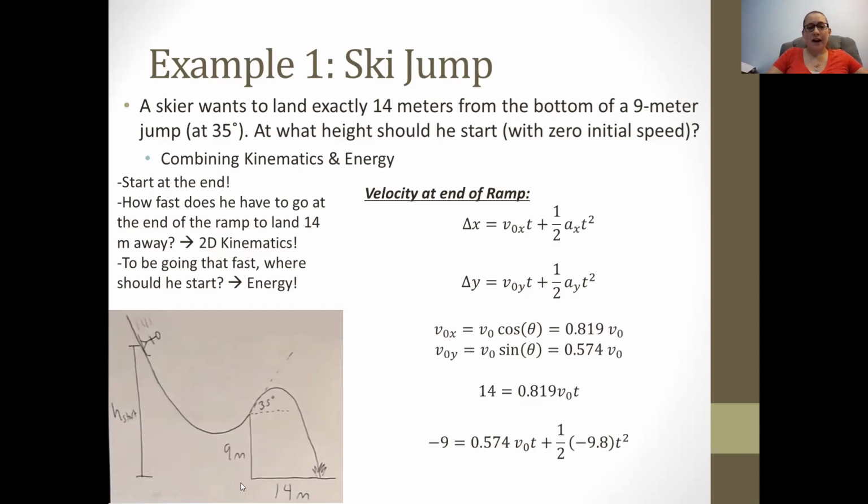and think about how fast he has to be going at the end of the ramp to make it 14 meters. Right? What is this initial velocity to give him a distance of 14 meters? And then once we figure that out, we can switch gears to energy and think about, well, to be going that speed at the end, how fast does he need to be going? I'm sorry, how high does he need to be at the start? Okay. So first we're going to start with our projectile motion equations here. We know